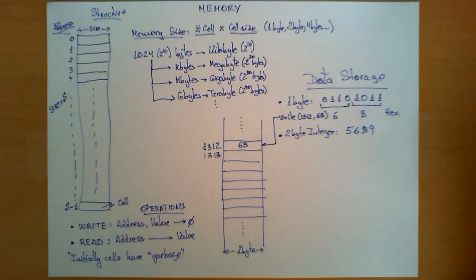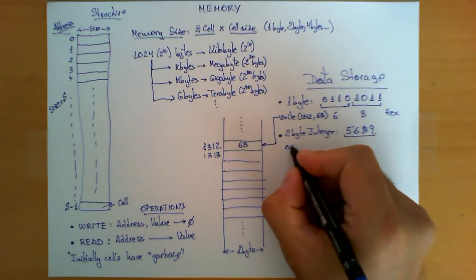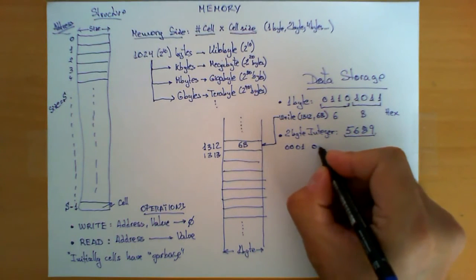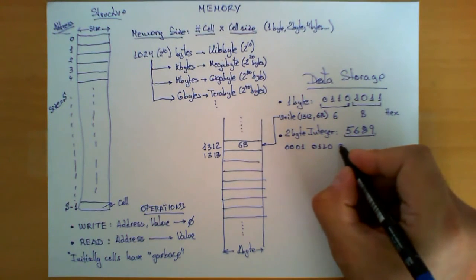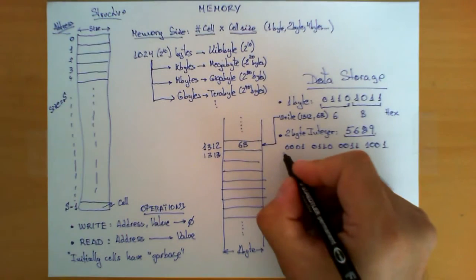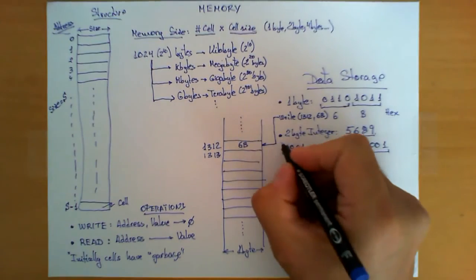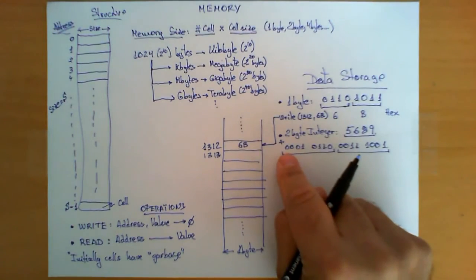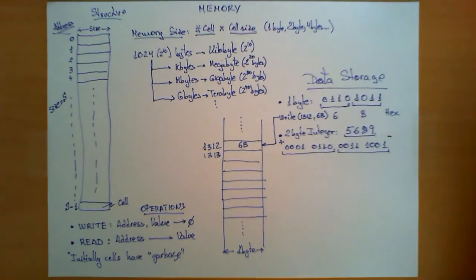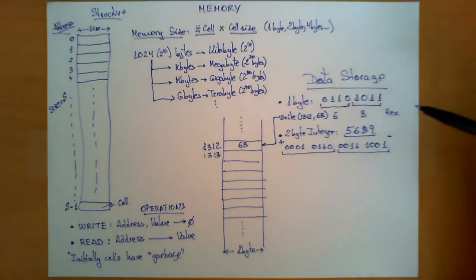First, I need to know the binary representation of this number, because my memory is always storing binary numbers. If I translate this to binary, if you do the math, then you end up with the following sequence of bits: 0001, 0110, 0011, and 1001. As you can see, this is the first byte and this is the second byte. Another important thing, the most significant byte is on the left hand side and the least significant byte is on the right hand side. If we apply the same trick as we did before and we use the hexadecimal encoding,